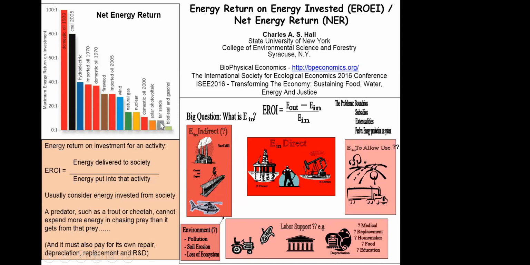Now let's look at the tar sands here. The tar sands, they're sitting, I'd say, probably 10 to 1, but in reality, they are less than 5 to 1. If they're lucky, they're about 3 to 1. Now, the tar sands is